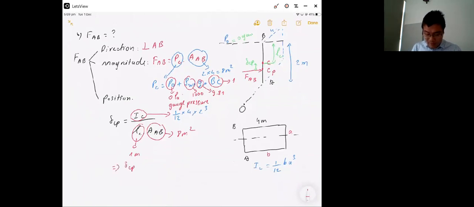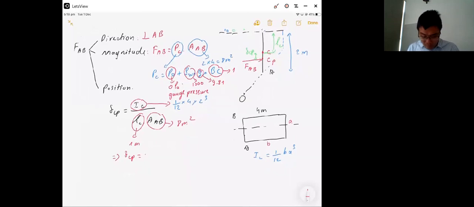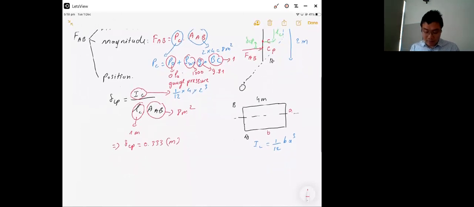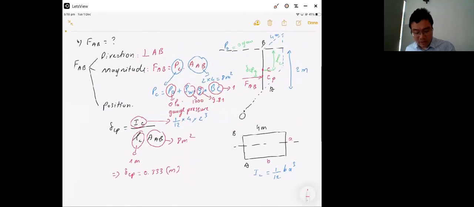So from here you can find delta CP, or the distance between C and CP. About the result, let me see. The result, we will have this one is 0.3343 meter. Okay. So for the force FAB, you know the direction, you know the magnitude, and you know